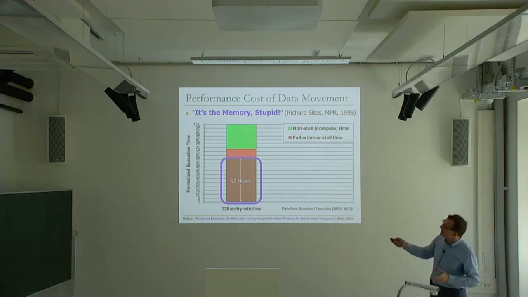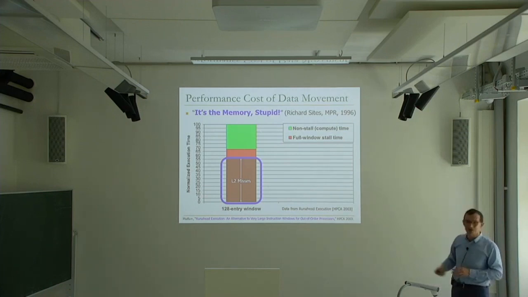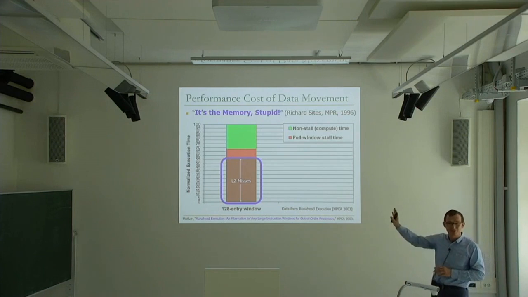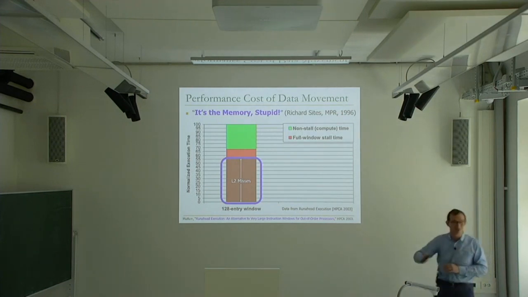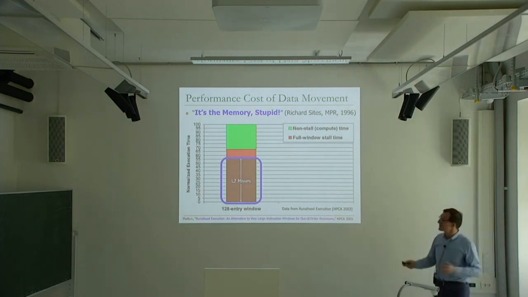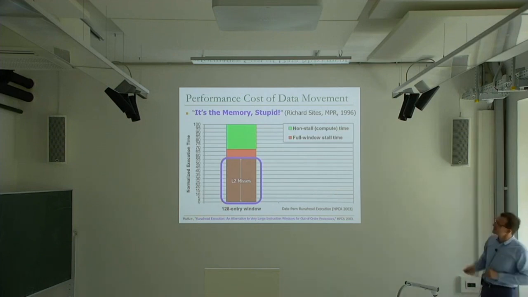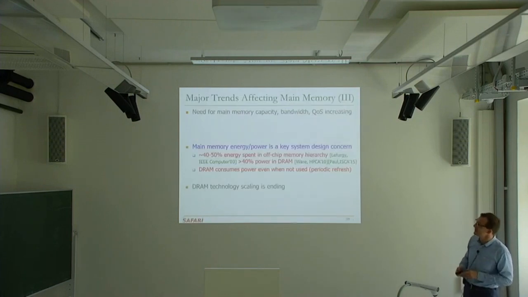And actually, the green part is very instructive as well because I say non-stall time over here. Not all of it is useful time because some of it is wasted on speculation. So the useful time is really 10 to 20% over here. So we're designing these processors, and most of the time, they're waiting for data. They're doing useful computation only 10 to 20% of their time. Okay, we're going to get back to this, actually. So this is really the performance cost of data movement, all of the performance trends related to memory.